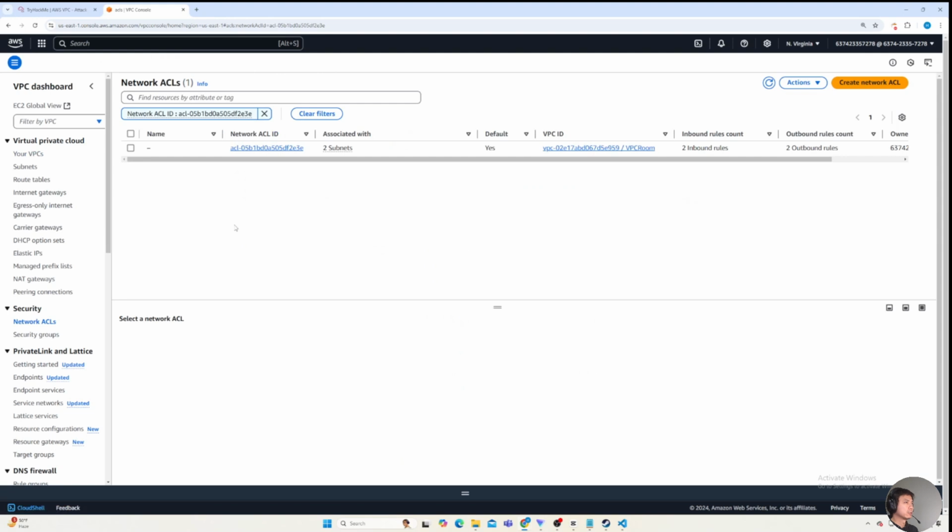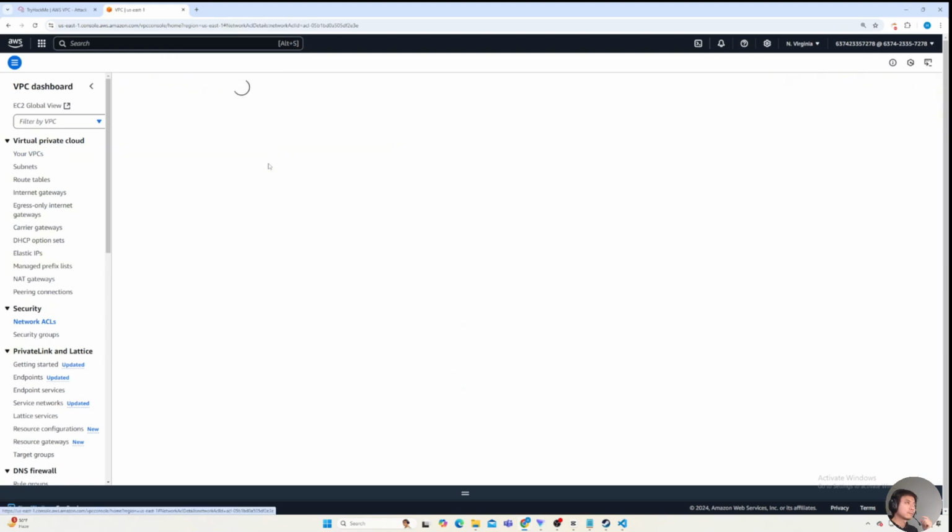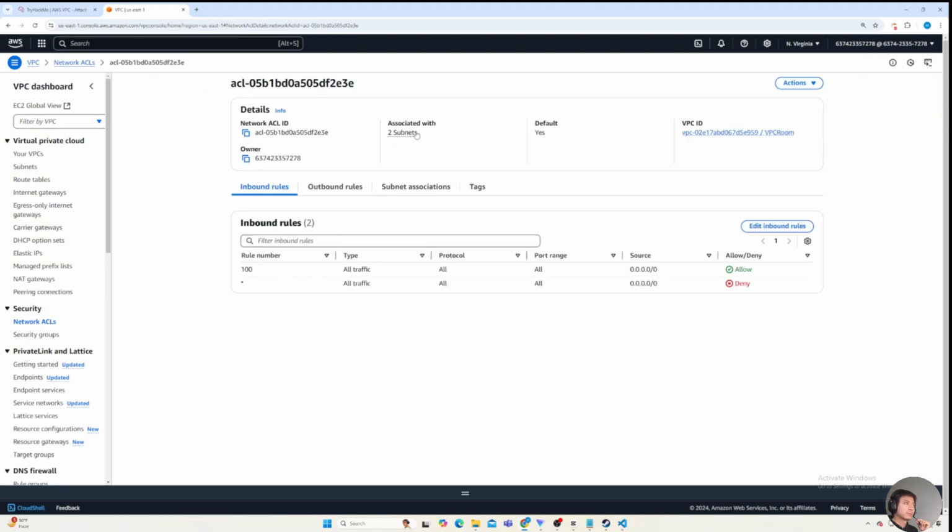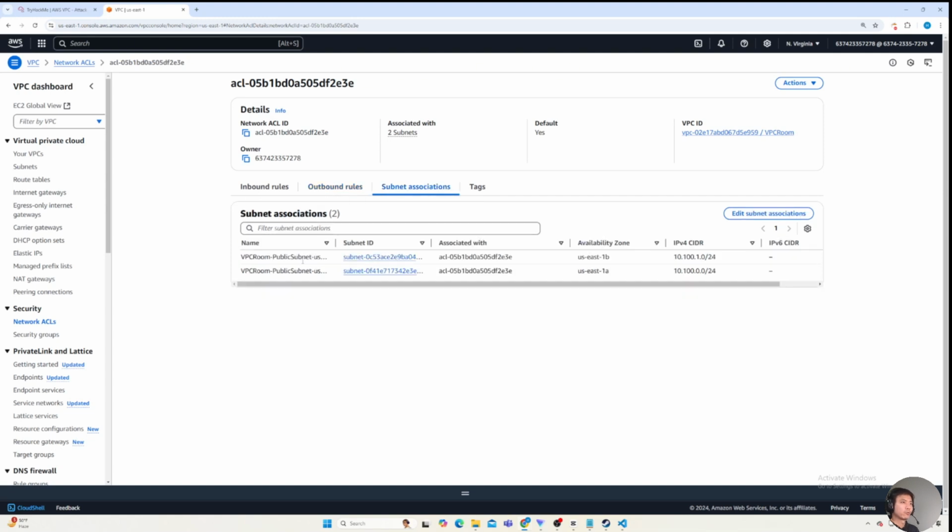We have this one with two subnets. Two subnets associated with this ACL. This is for the public subnet in 1A, and then this is for the public subnet in 1B. Inbound rules allow all traffic, outbound rules. Okay, subnet association. Okay, as we have stated earlier,